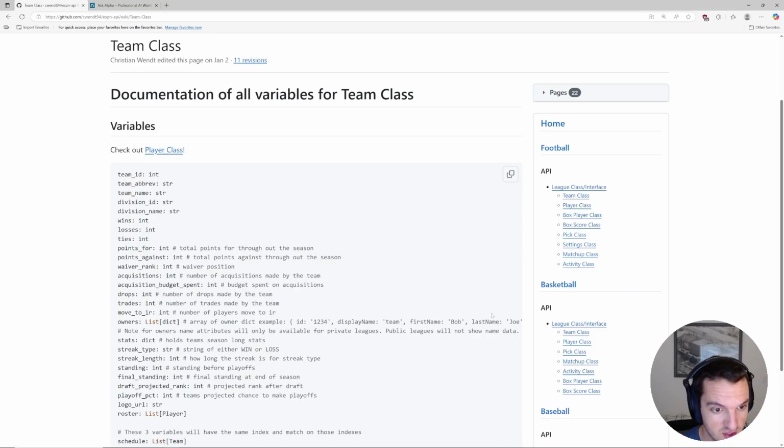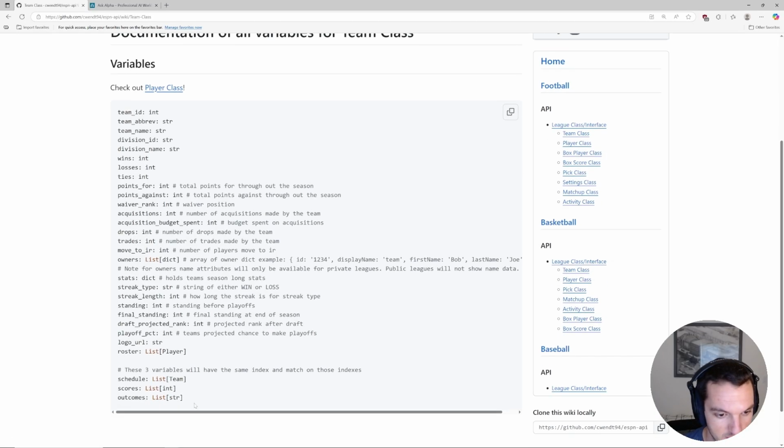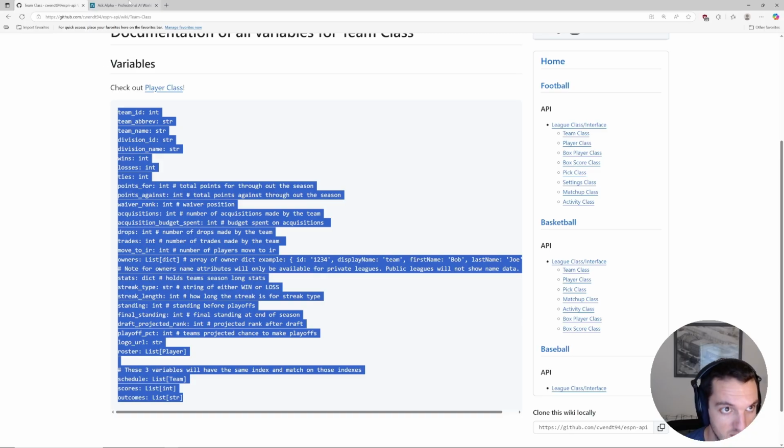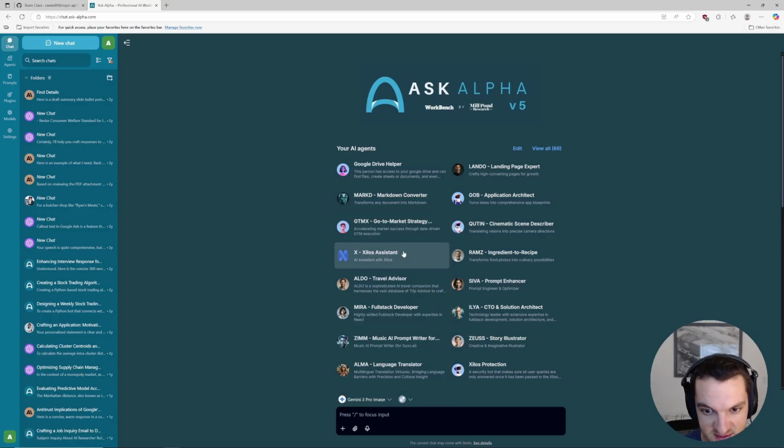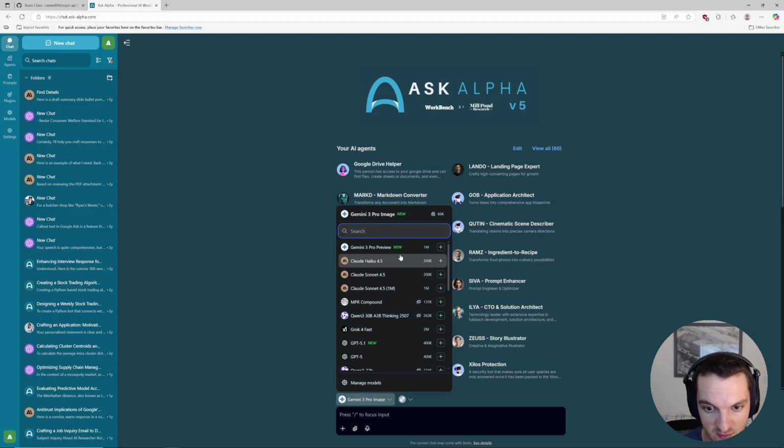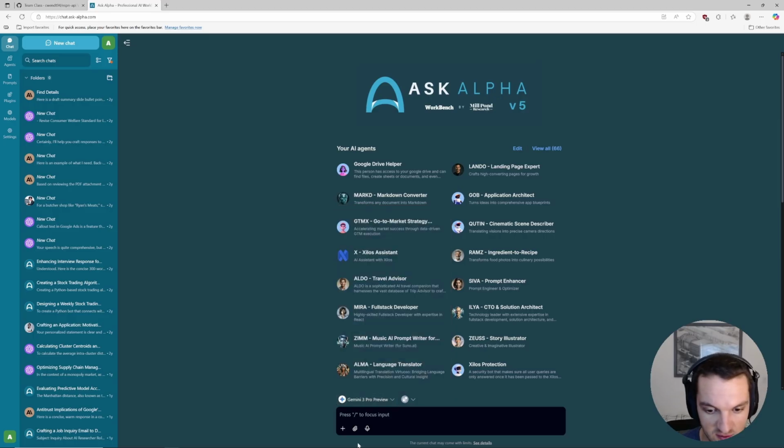So what we're going to be doing is called context injection. I'm going to take the variables from this players class and from the teams class, and I will put them right in here into Workbench. It is the tool that is designed to allow us to use any AI model and produce something cool. So we are going to create a prompt that says,